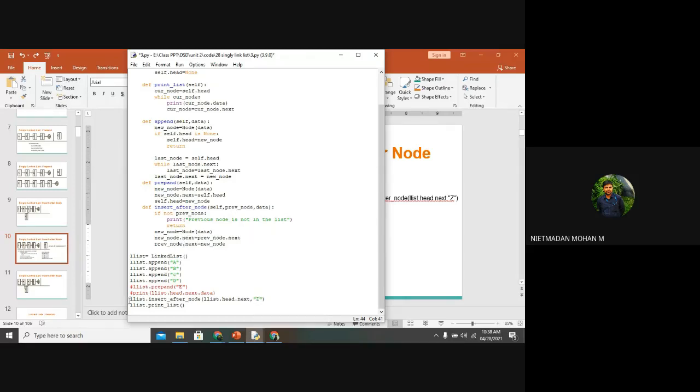Before going to these lines of code, you can see the print function L list dot head dot next dot data. What will be coming here? What will be the output for this particular line?